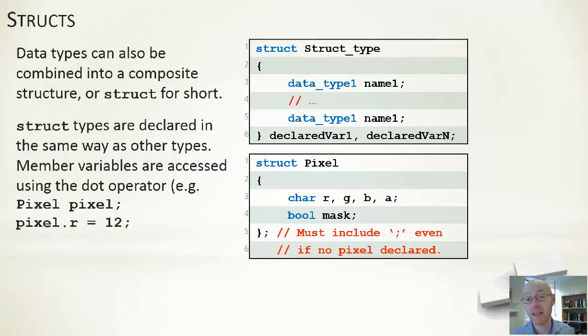You see a couple of examples here where we have a struct called struct type. Inside the braces, we're declaring the data that we want to piece together to form that particular struct. It can be primitive, it can be object-based data, it doesn't matter. In the example at the top at line 6, we're actually declaring a couple of instances of that struct. In the example at the bottom, we're not, but we're still including our semicolon just by way of the language definition. And you can see, given a struct, we can use the dot operator to access one of the members